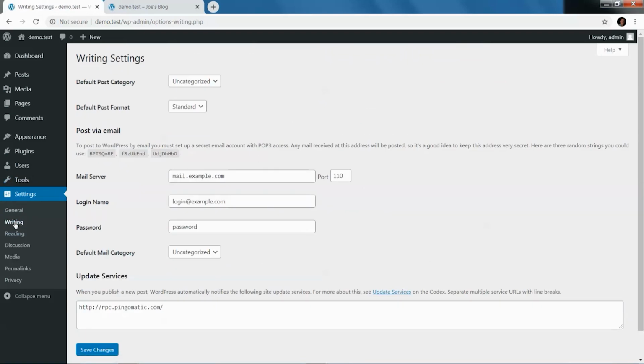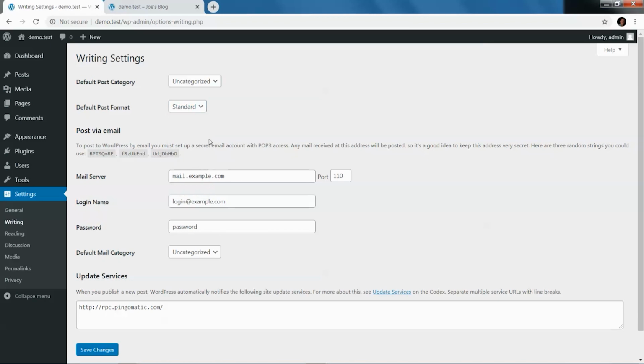Looking at the writing settings, when you create a new blog post, you can choose what category. I don't have any categories defined, or else I'd have a list of categories. I can also choose my post format. Post formats allow a developer to extend various looks to your content based upon what format you're using. So whether it's a standard or an aside, a chat, a gallery, a link, an image, a quote, a status, a video, audio. I've seen a lot with quotes where maybe they just have a little quote of the day that they post, and it puts big quote marks around it or something. There are some really unique formats I've seen there.